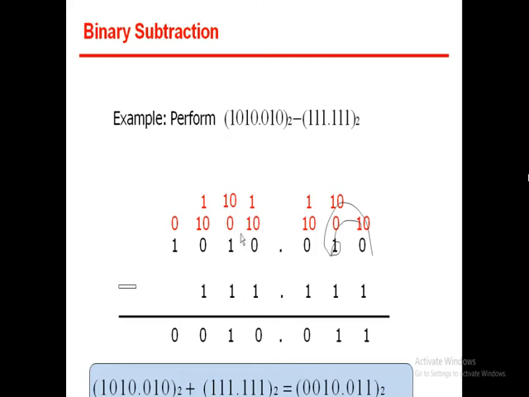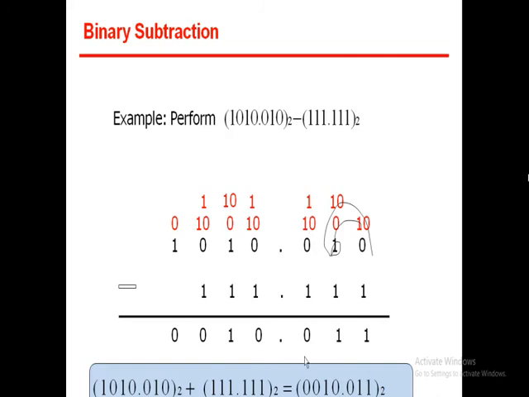Then 10. So here it becomes 10. We are taking 10 means adding 2 numbers, 1 plus 1, 10. So we take 1 from here and it moved to here. Then it becomes 10. So 10 minus 1 is 1. Then remaining here is a 1. 1 minus 1 is 0. Then here again 1. Then 1 minus 1 is 0.